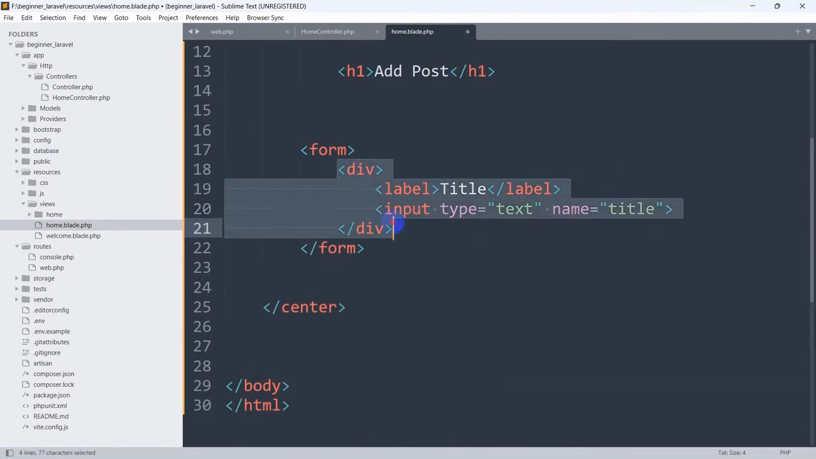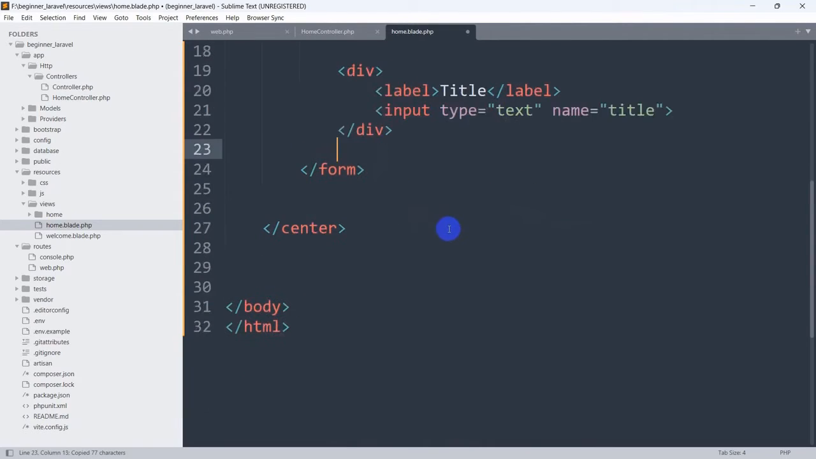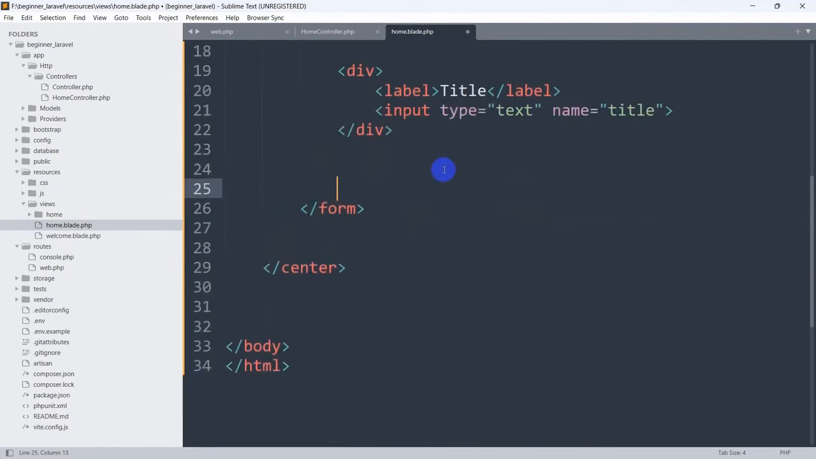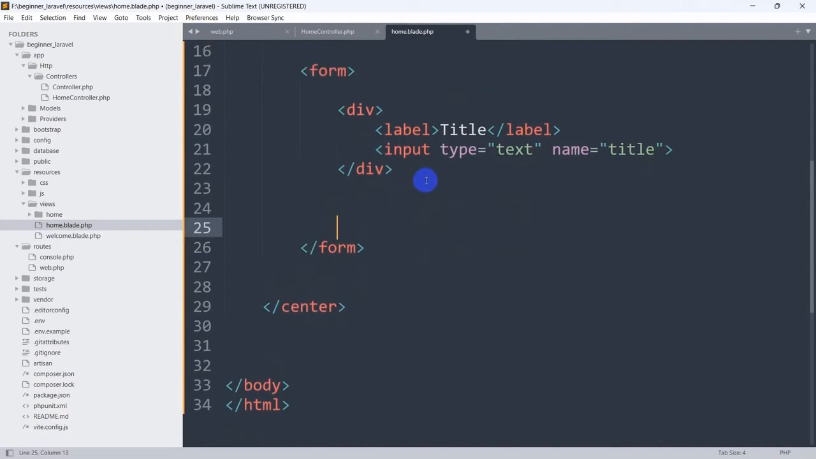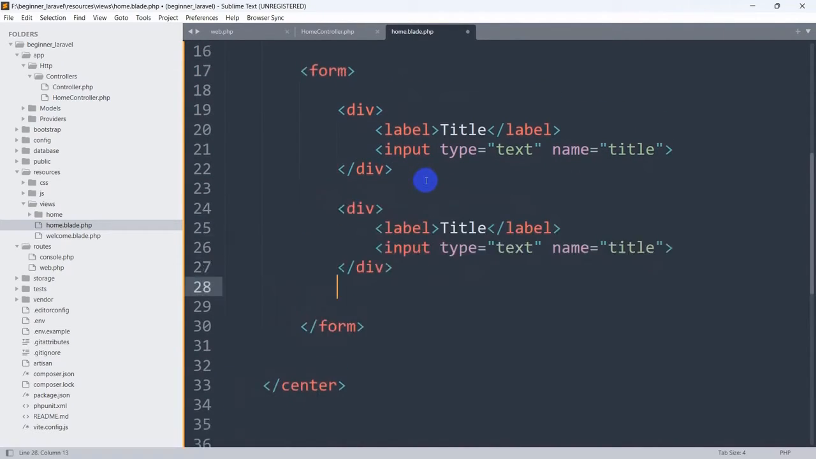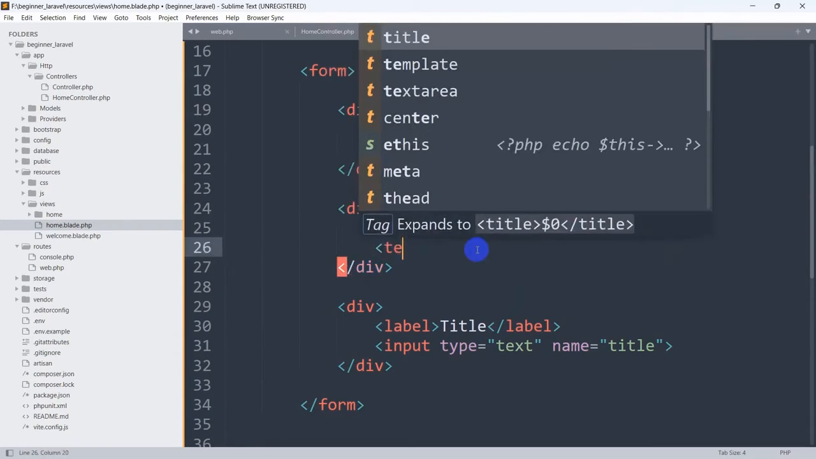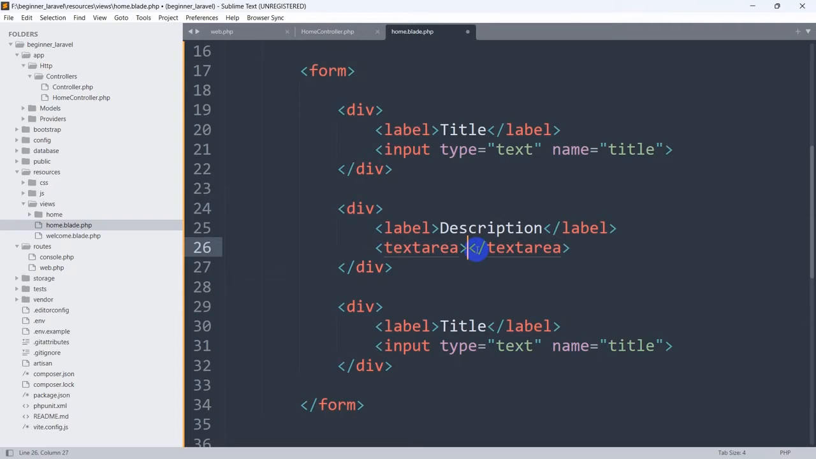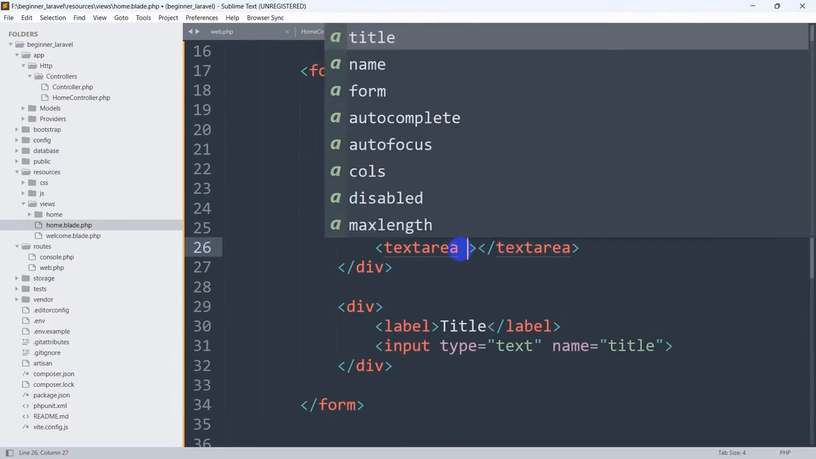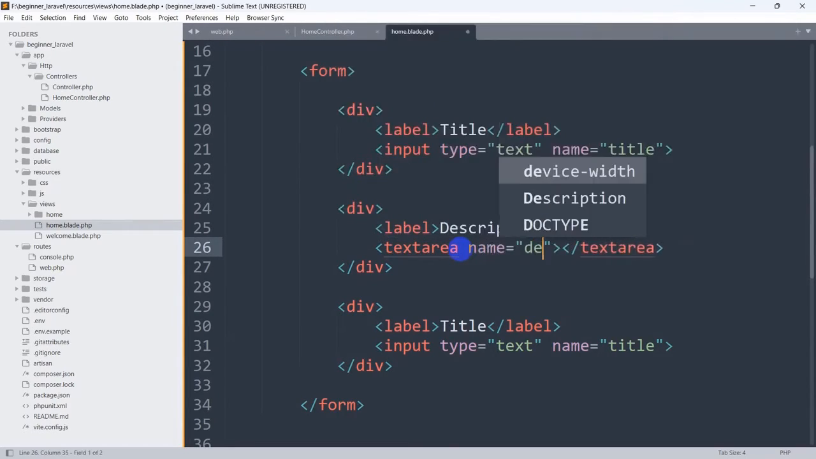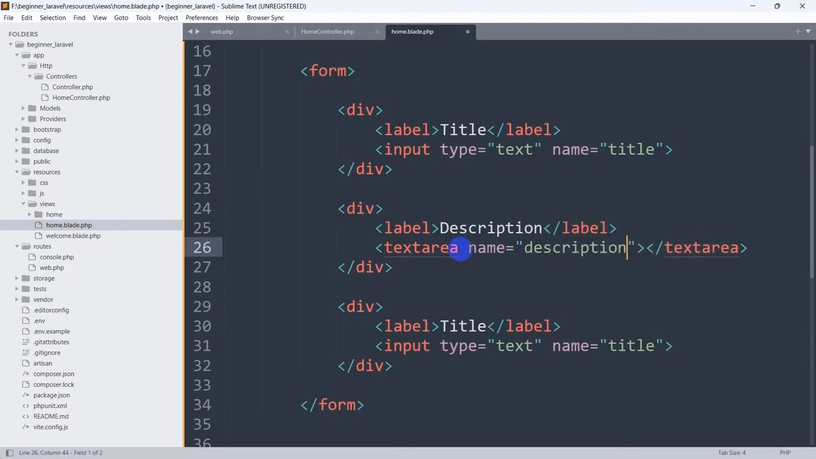So right now let me just copy this, and I'm going to have two more input fields. One will be for the description and another one will be for the image. So let me just paste it over here, then here. This one will be for description, and for the description we're going to use a text area. We say over here textarea, and for the text area we'll give the name description, and